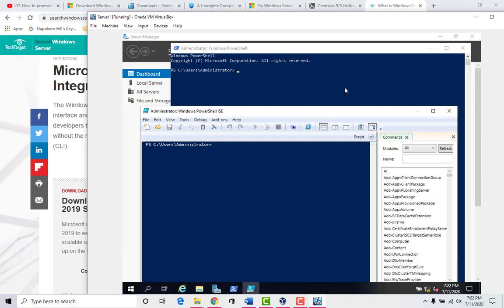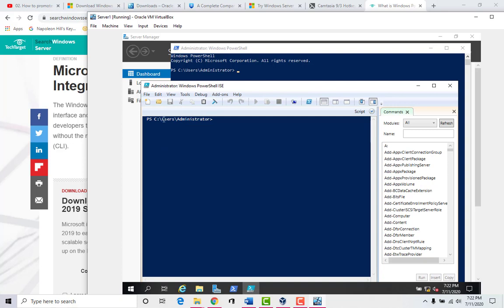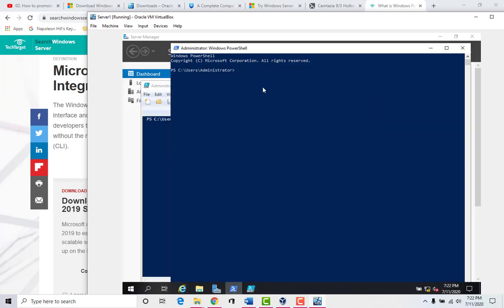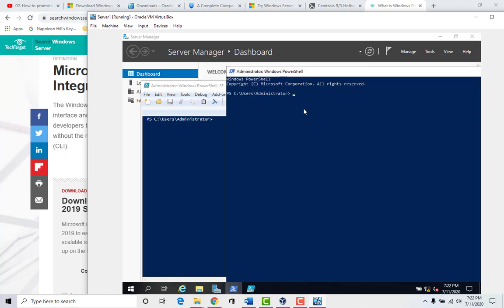I actually took a class, like a 5-day class many years ago on PowerShell, and you can actually do everything that you can do through the graphical interface. You can do it through here at the command prompt, and actually it's even more powerful. There are things that you can only do from PowerShell. You can think of it like your Unix command prompt.